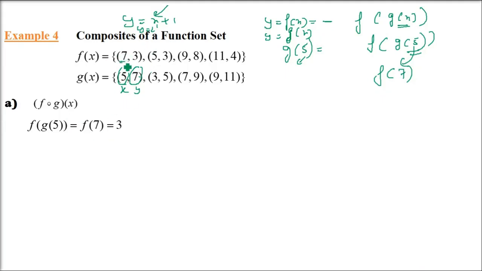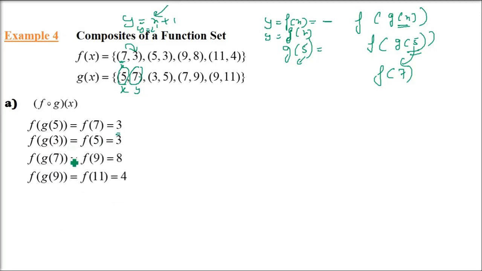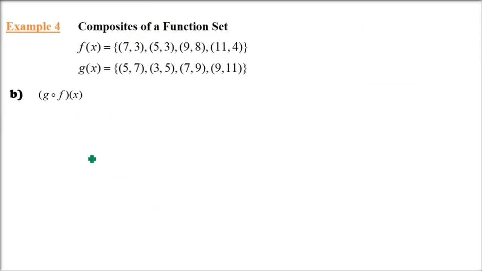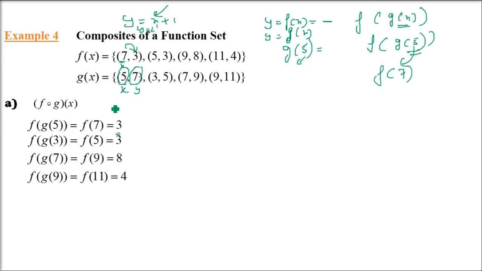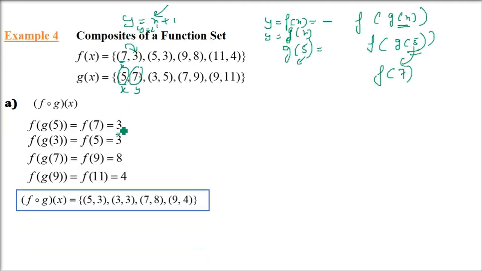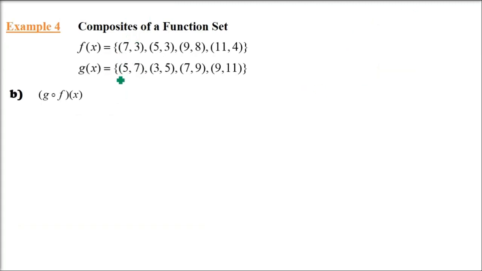Now you take this 7 and find out the value of y. That is, f7 is 3. I'll tell you one more. Let me just show these all for you, and then I'll take another one, which is gof x. Same way, there is no difference. This will run the same way. So gof x, g of f(x).